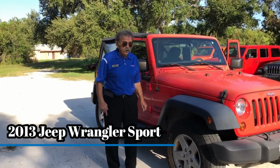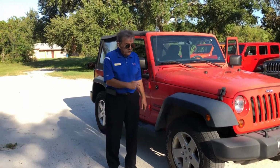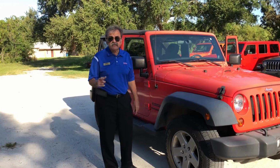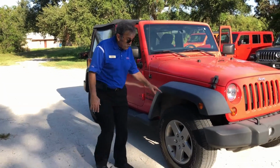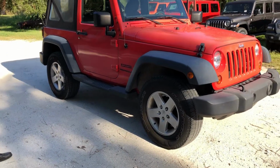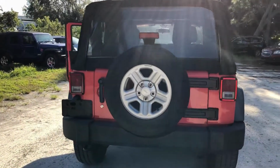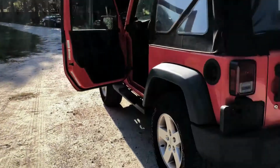I just took in a gorgeous 2013 Jeep Wrangler, rock lobster in color, 3.6 liter Pentastar engine, which is the preferred engine. As you can see, it's a sport model, alloy wheels. It's got 4-wheel disc anti-lock brakes. This thing is automatic transmission. It's a 4-wheel drive. This thing only has